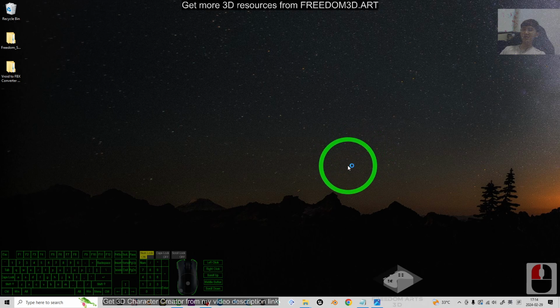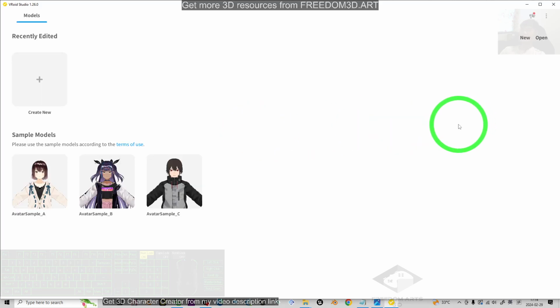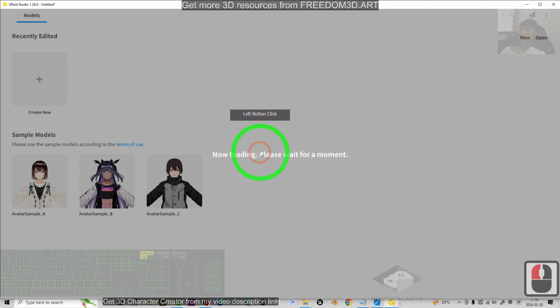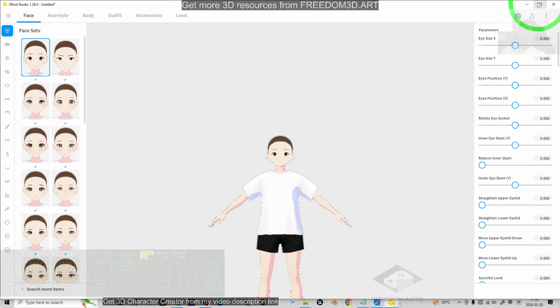For the 3D avatar, for all of the cartoon avatars, you can directly create them in VRoid Studio, and then later you can import them into Blender. So the first step, just click plus new, and as a demo, I will just create a female 3D avatar. And then next, once it opens,